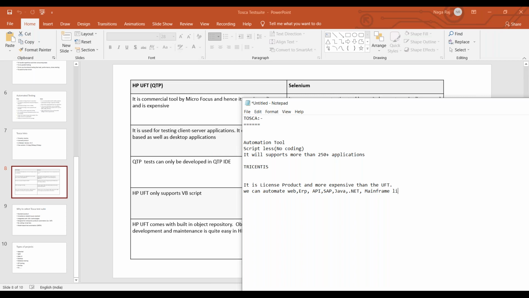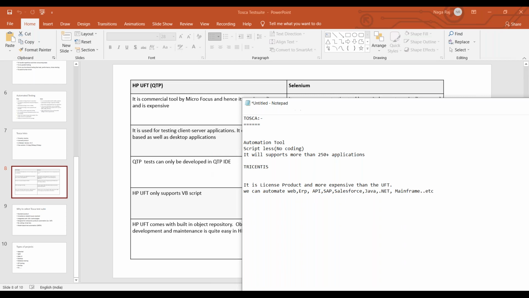Like this, it can be integrated with more than 250 applications. Yes, we can automate more than 250 applications by using Tosca, and it is mostly efficient for SAP and Salesforce, web applications, and ERP applications.